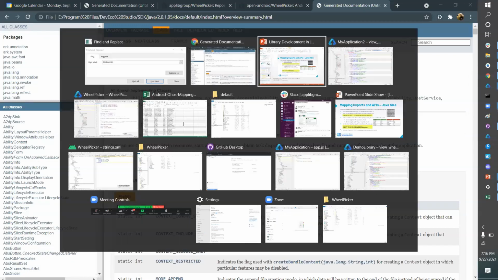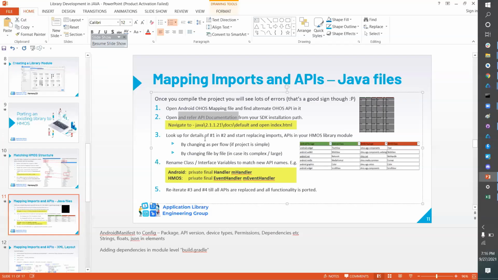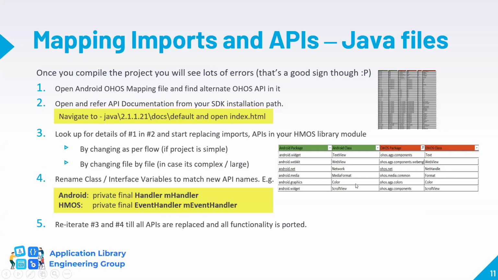The next point is you need to look up details and see how to replace imports and APIs in the module. Like in this example, you can see text view is replaced with text, and web view from WebKit is replaced with web view. Media format is replaced with format, and color is the same color class itself, but the package name is different. You might find some differences in functions or methods, but for that you will have to refer to the documentation.